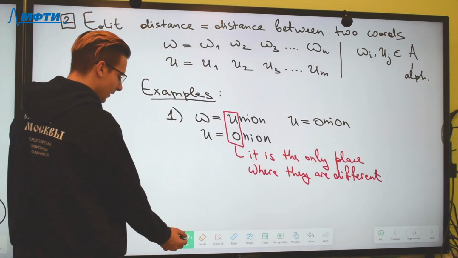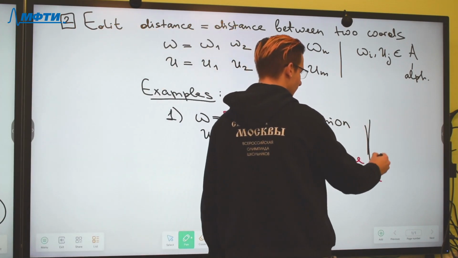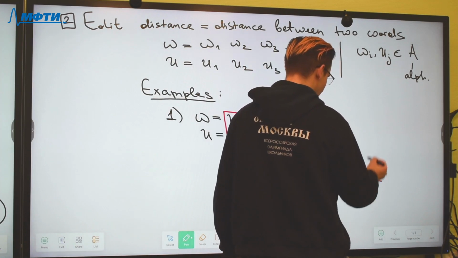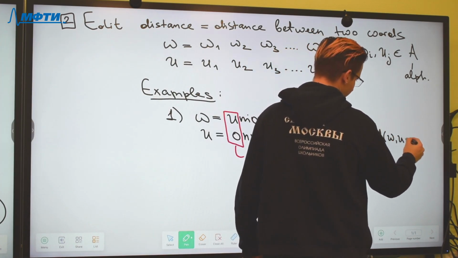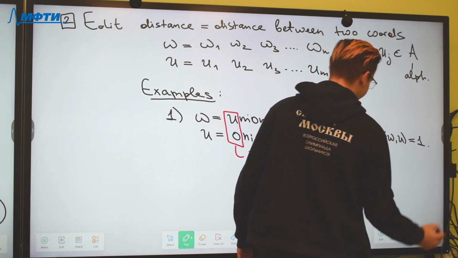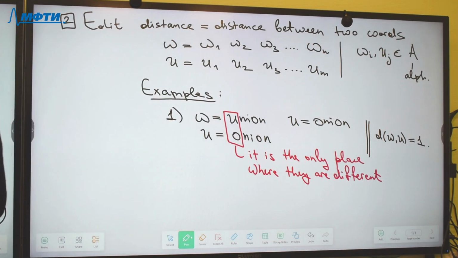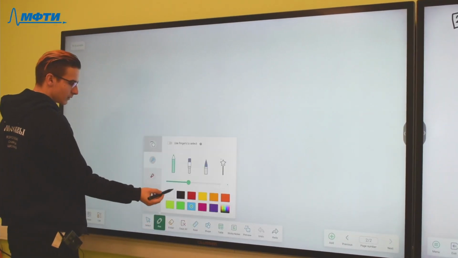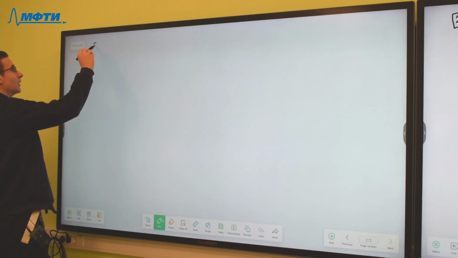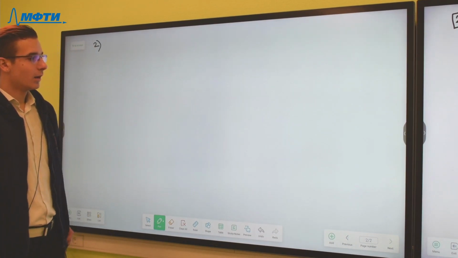And so I say that the distance between these two words is equal to 1. But it is only one example, and it's interesting how to find distances between other words. For example,